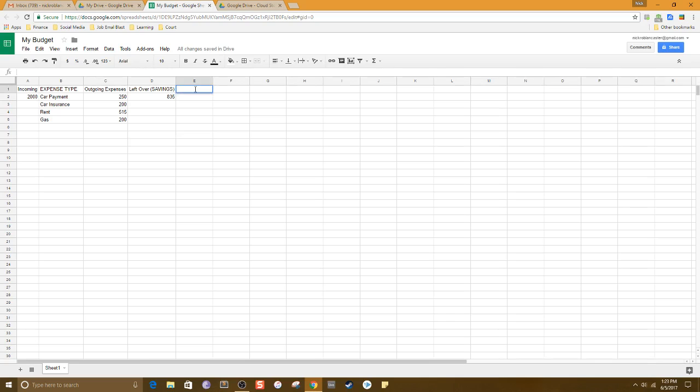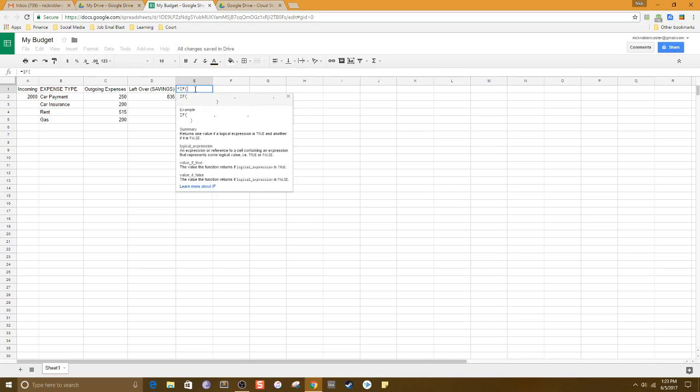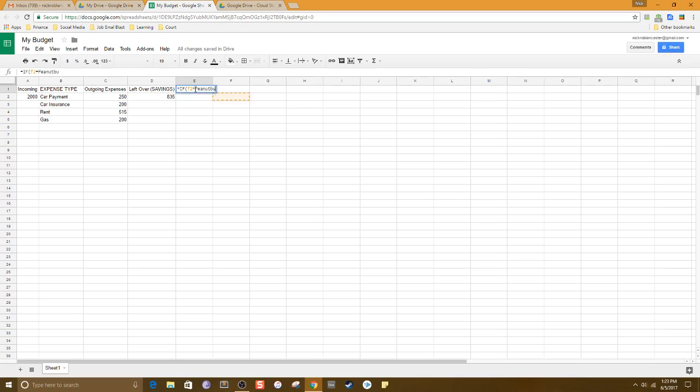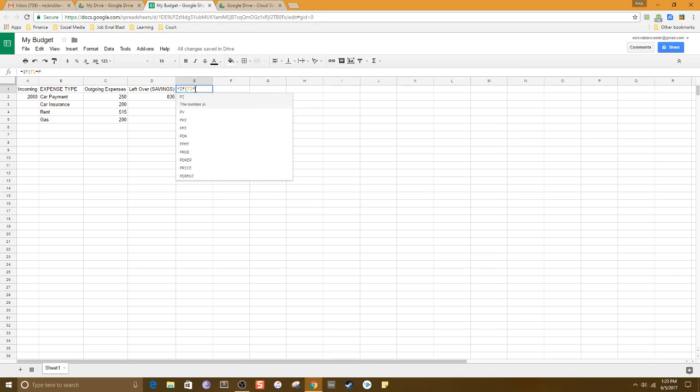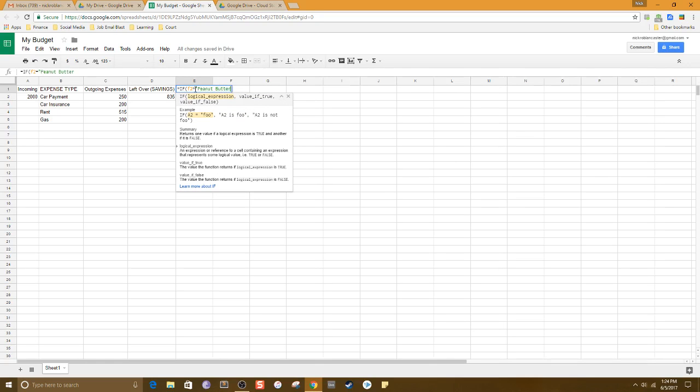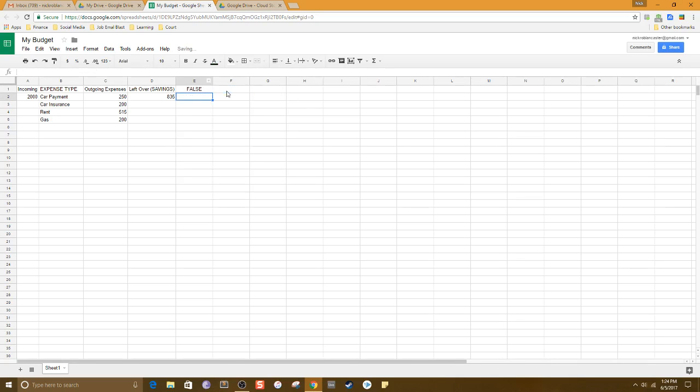But there's also a lot of really cool functions. You could do, let's say, equals if F2 equals peanut butter, then this cell is going to equal jelly. Right now it's saying false because I haven't put peanut butter in there, but once I type peanut butter,